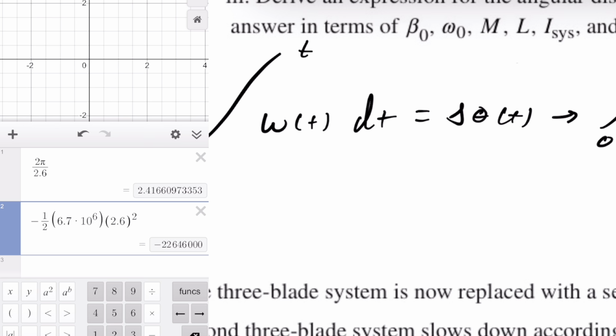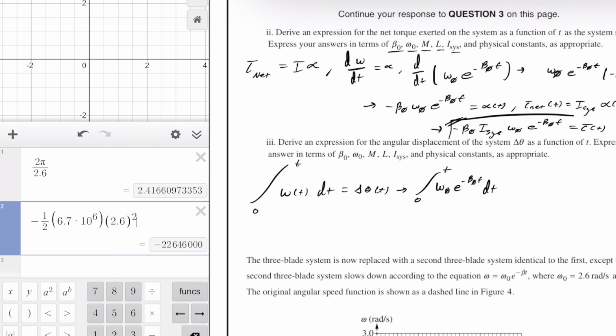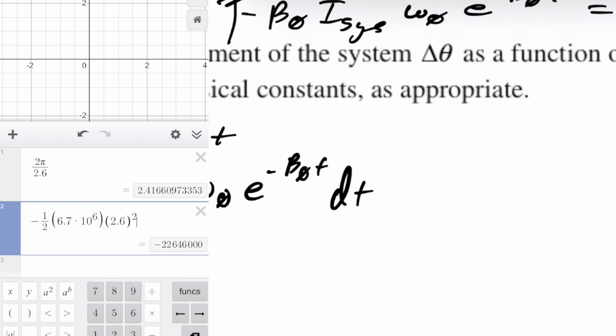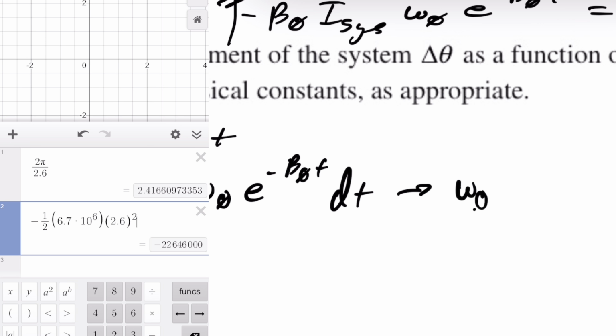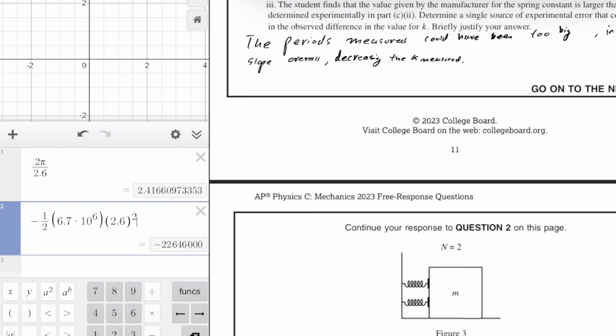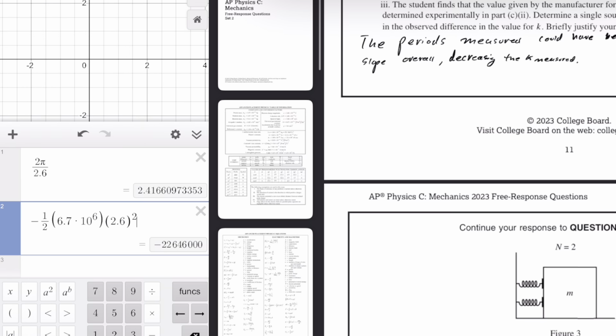So let's actually handle the integral. It was w naught e to the negative b naught t dt. So I think that's the right function, correct? Yeah. So we're going to pull out our constant w naught and integrate again, 0 to t, e to the negative b naught t dt. We're going to use our calculus rules that AP Physics C gives us. If we go up here,